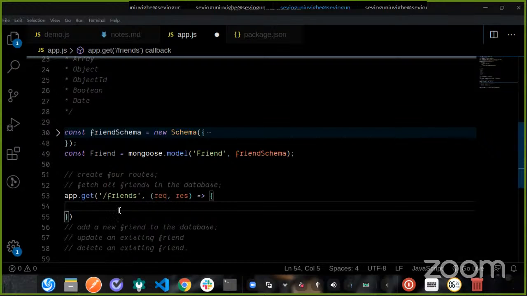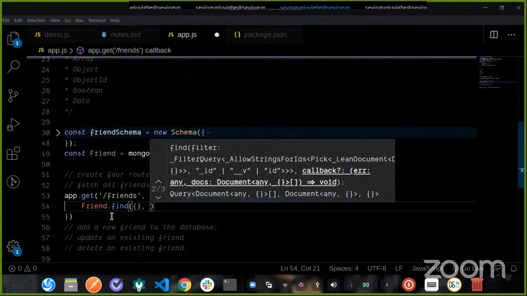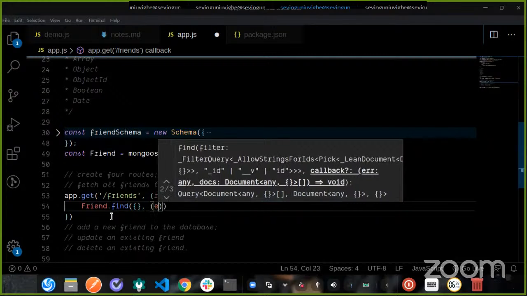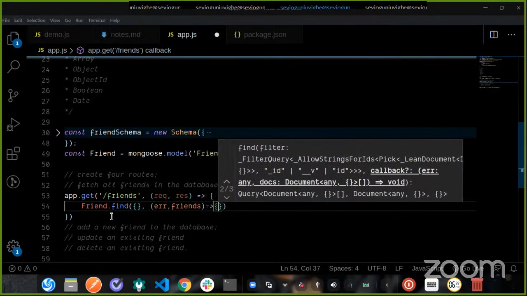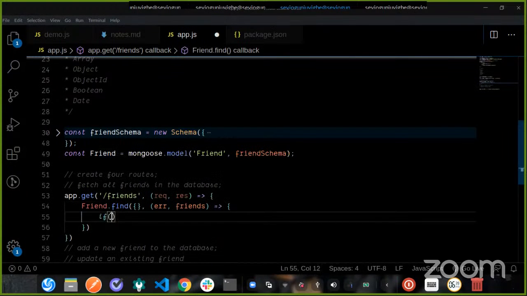When I get into this route, what I want it to do is Friend.find and then pass the callback. Like I said, we'll still make do with callbacks for now. Error, friends. So if there's an error,